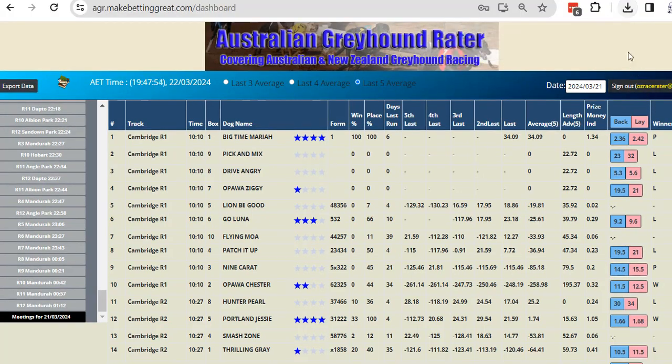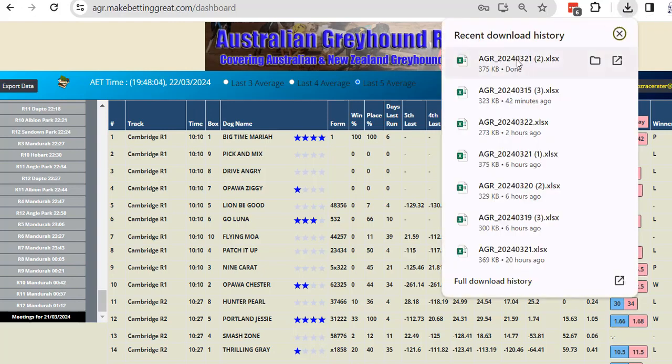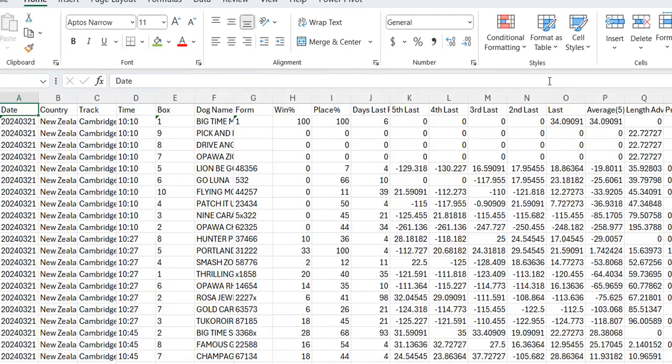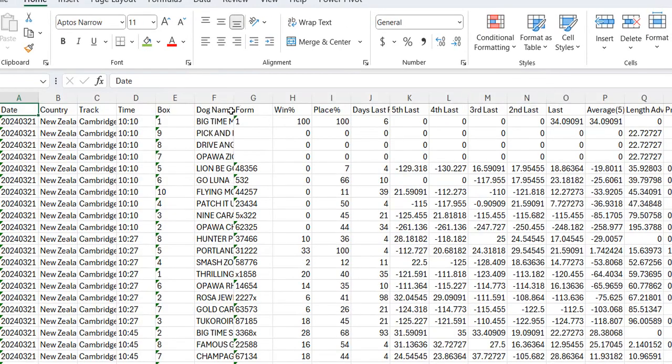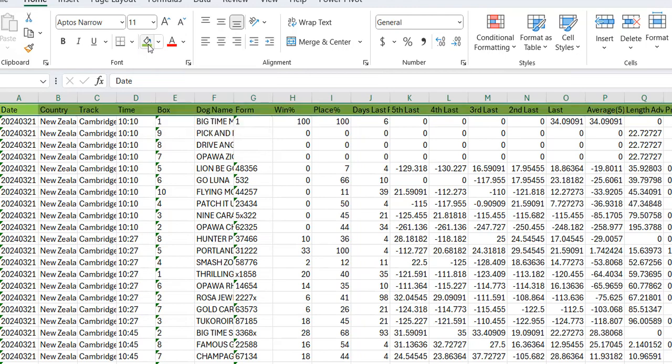Okay, when the data is ready, there's a little drop down here on my one. I'm using Chrome. That's got this little arrow here, but it will be in your download folder. So if I just click on that and then click on the spreadsheet, this is the spreadsheet now that has got all the data for the 21st of March. So we can see here the data across the top here. If we go along through here to here, if I just highlight that in green for a minute, that data there is what you saw